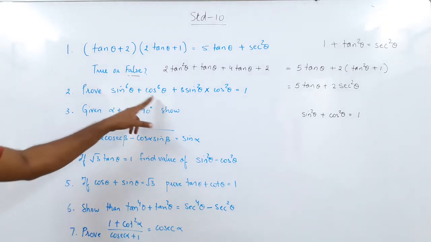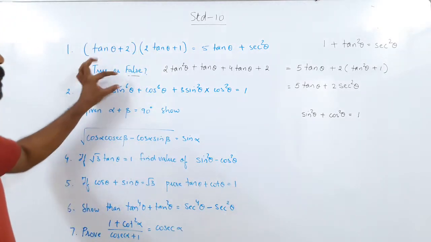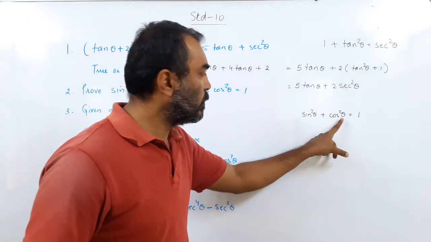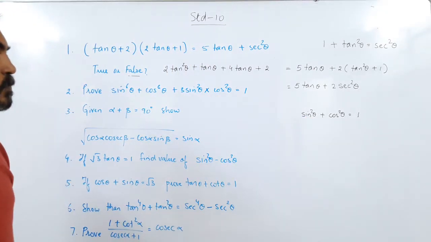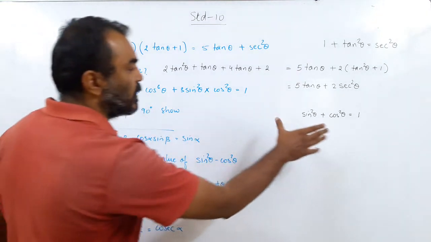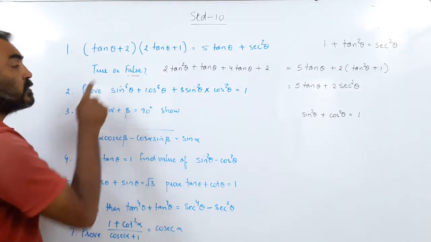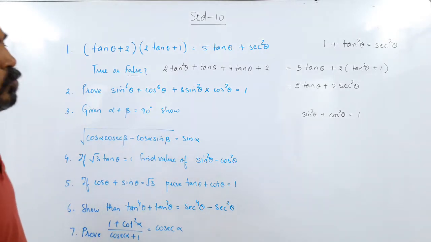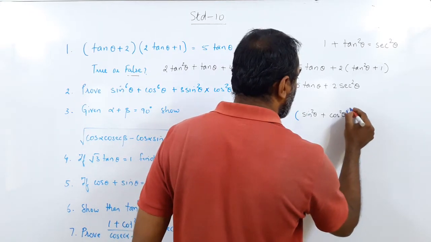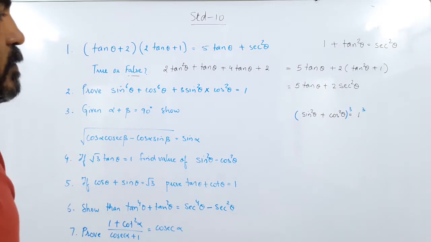See the approach. Here the sum is in sin and cos theta, and I know sin square theta plus cos square theta equal to 1, but I have got a power raised to 6 here. Now how can I change this square into a power raised to 6? So think logically and try to see the approach. We know this identity, but here I have sin raised to 6 theta. So the only way to do it would be to cube both the sides. Okay, so I am cubing both the sides.